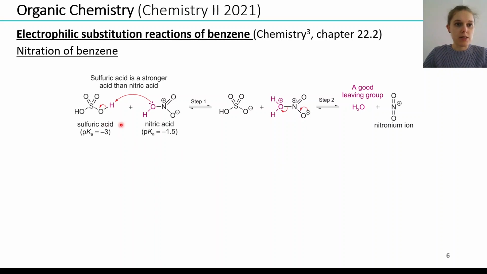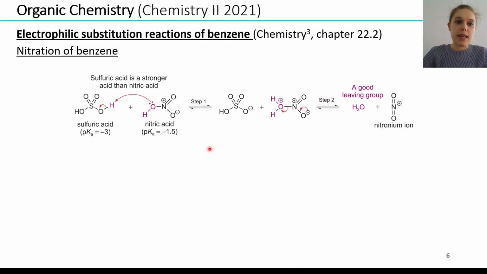So we start with sulfuric acid and nitric acid. Sulfuric acid is a stronger acid compared to nitric acid. That means sulfuric acid will donate a proton to nitric acid. And this type of reaction is called an acid-base reaction. So we can say the first initial step is the acid-base reaction between sulfuric acid and nitric acid, and